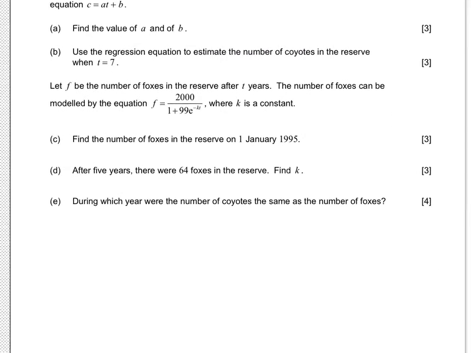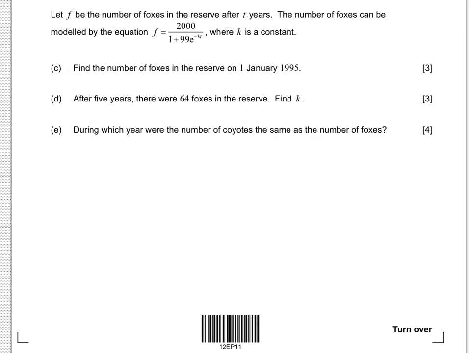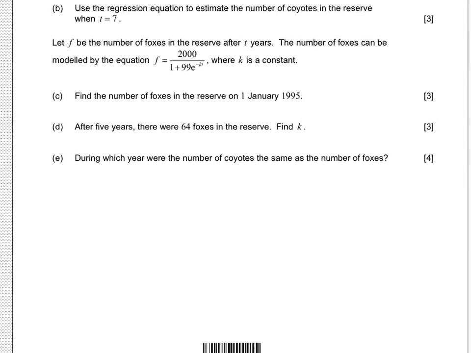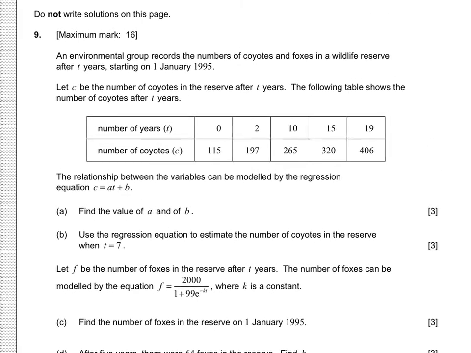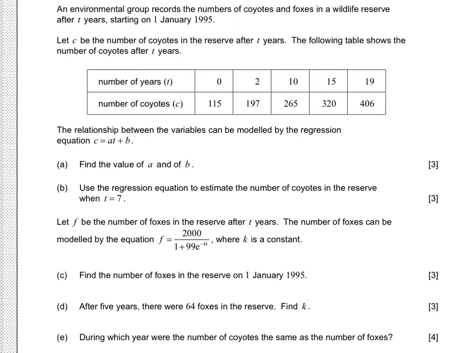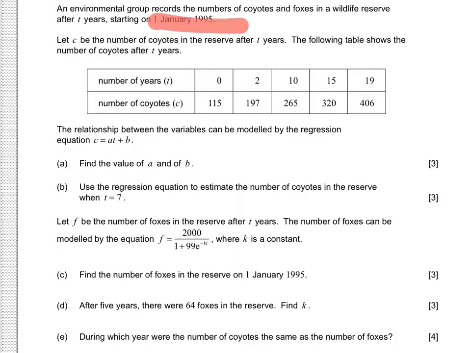Part C, there's more information here. F is the number of foxes after T years. The number of foxes is modelled by this equation. Find the number of foxes in the reserve on the 1st of January 1995. I haven't paid much attention to when these things were starting, so it's starting in the 1st of January 1995, and it's asking us now for the number of foxes in the reserve at 1995 according to